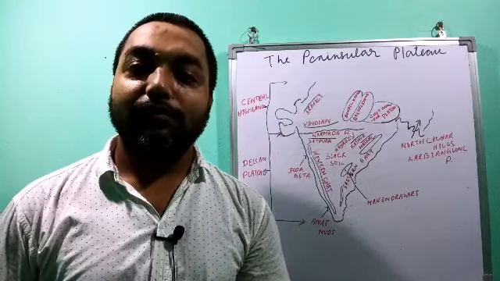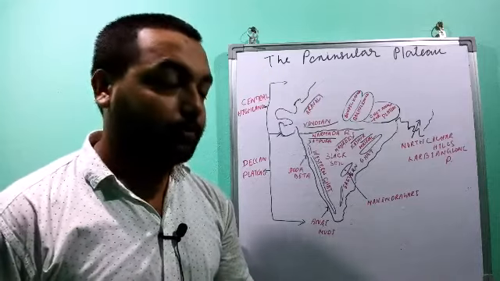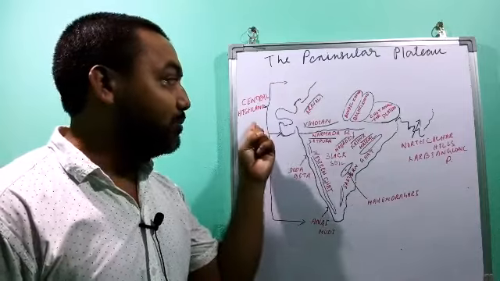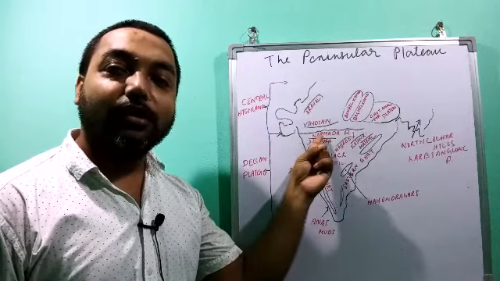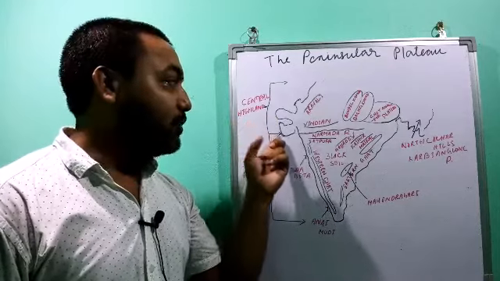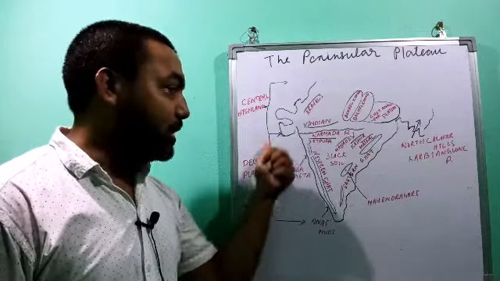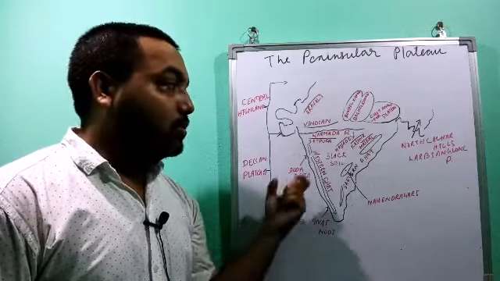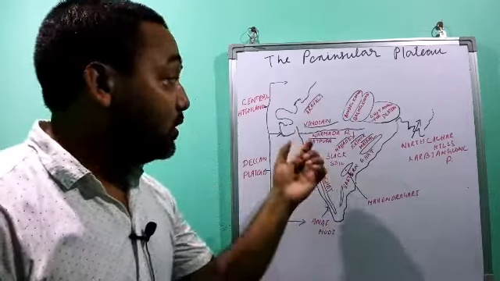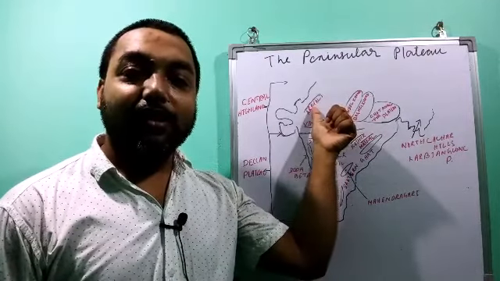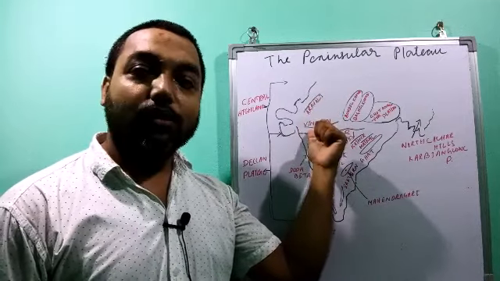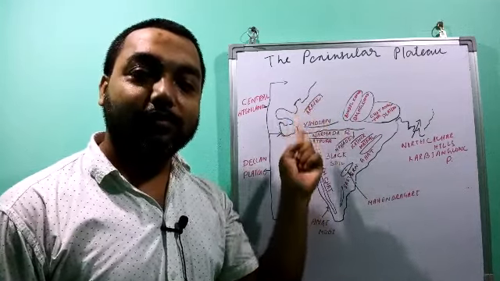About the division of this Deccan Plateau or the Peninsular Plateau, there are two broad divisions. The northern part, from river Narmada towards the north, is known as the Central Highland, and from river Narmada towards the south, this part is known as the Deccan Plateau. First, the divisions of the Central Highland: towards the north there is the Aravalli range or Aravalli hills, then towards the south it is the Vindhyan range. These two ranges are found.